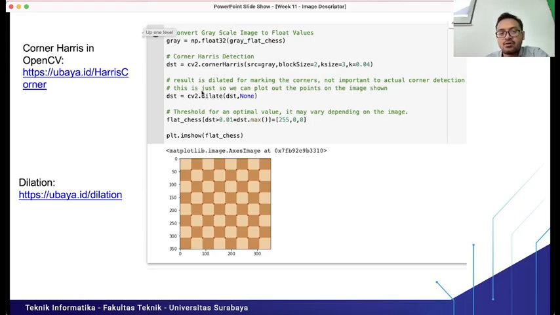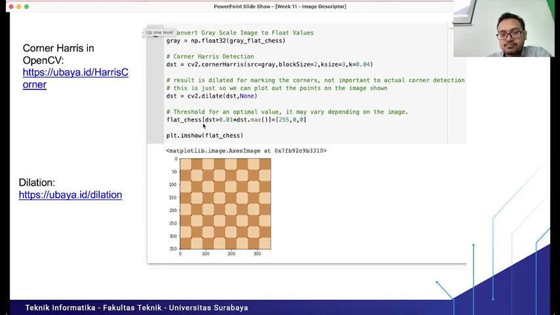Because if we don't, we cannot see the corners, as the corners are actually very small. Remember dilation and erosion: dilate makes the object wider, and that's why we call it here, so our eyes will be able to see the corner positions from the cornerHarris detector's result.